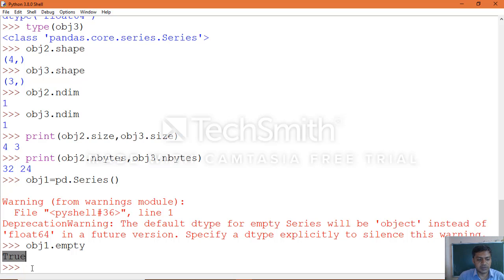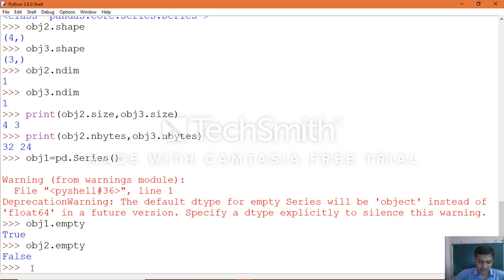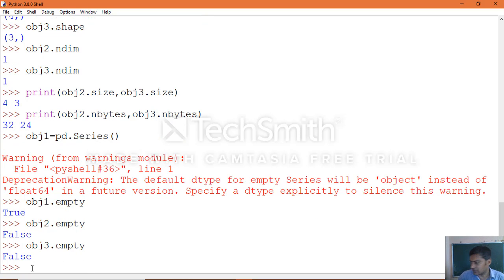So obj1.empty is True. Same with other objects: obj2.empty should give False because the object has data. Object 3 is also having data, so it also displays False. This is how we check the emptiness of a series object.